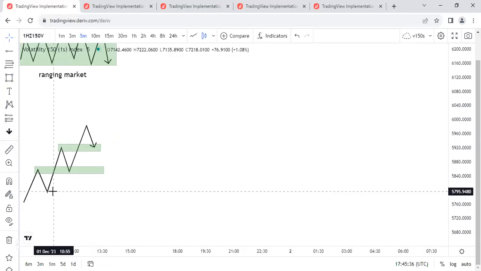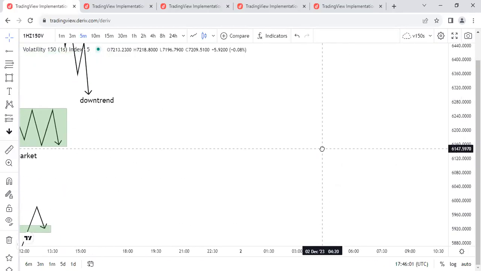But in the advanced market structure, it is not like that. That is why most of us, the majority of us, keep getting stopped out in our trades, probably because we got in too early using the basic market structure, because we're expecting that as price breaks out, there will be a retest and continuation. But the advanced market structure has a different rule. The advanced market structure states that